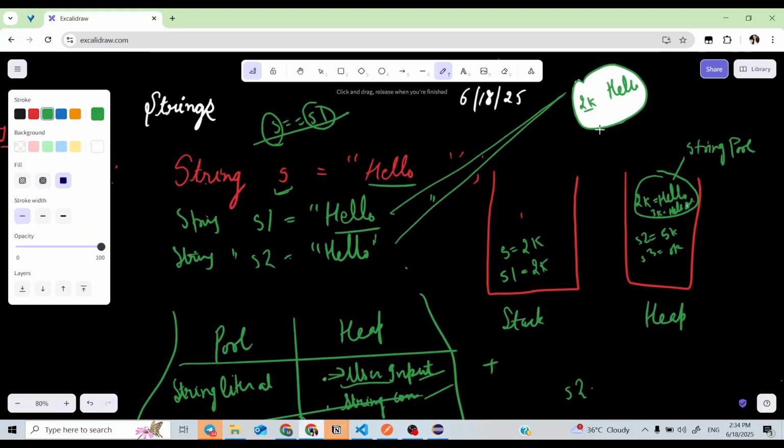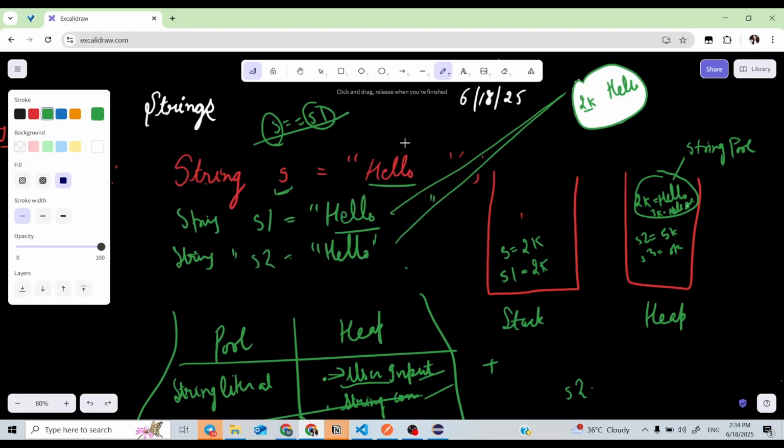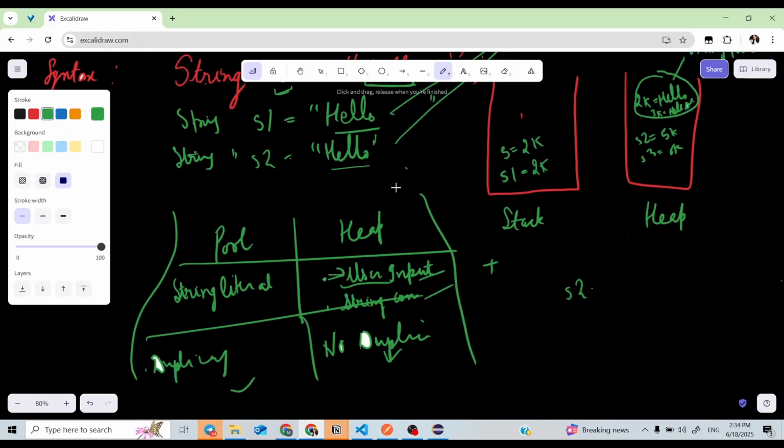So this is understood now: why these are sharing the same memory location? Because, first, these are string literals, and second, hello, hello and hello are the same. So instead of taking another space, they take space in the string pool, where duplicacy is not allowed.